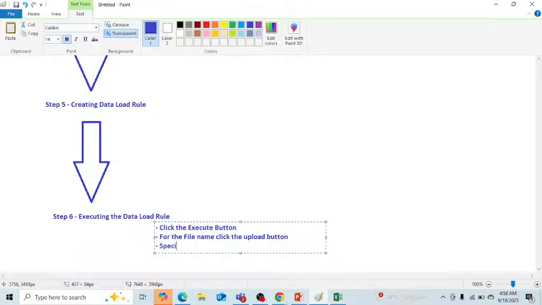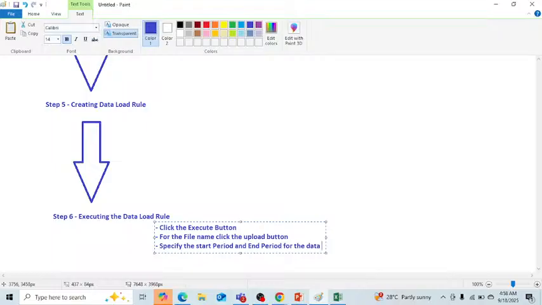Then specify the start period and the end period